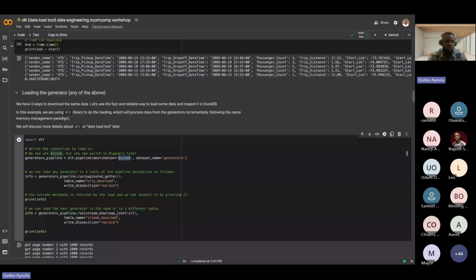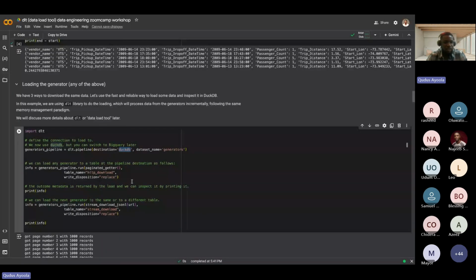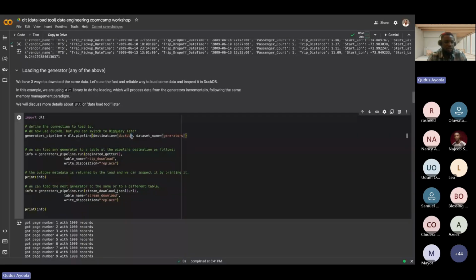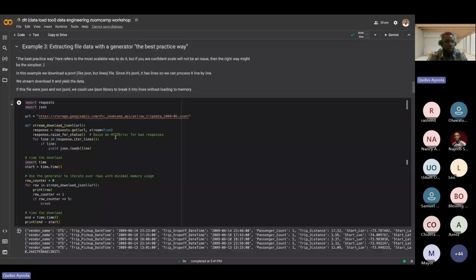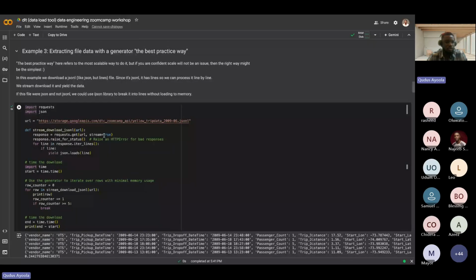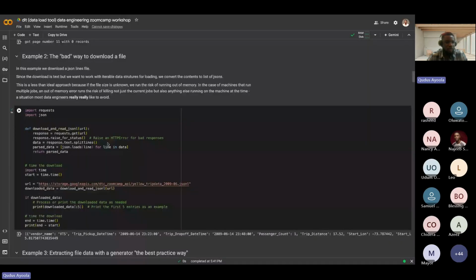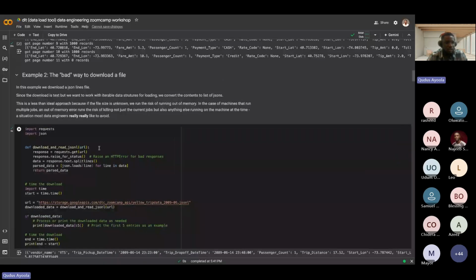Rather than using DuckDB, you can always load into your data warehouse like your BigQuery, your SQL pool or your Snowflake, whatever database you want to use. You can use your Postgres, but for testing's sake, we can use DuckDB because it is relatively easier to spin up and is an in-memory database. So what we are doing is we are passing in the Python generator that we have here. This is for the stream process, while this right here is for the batch process.